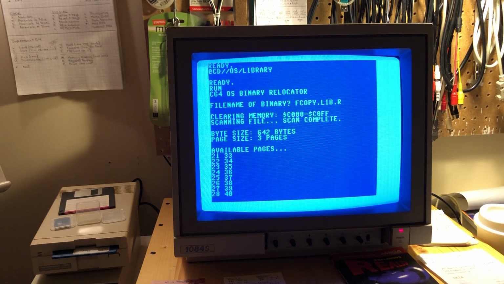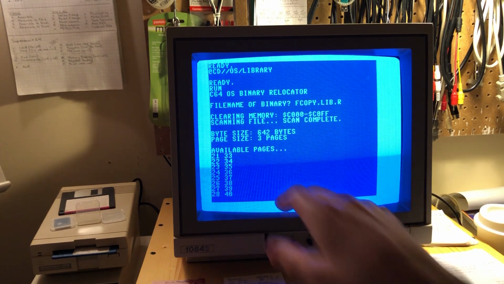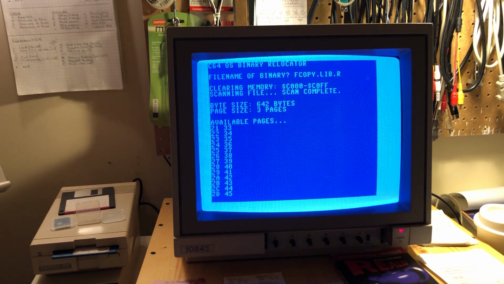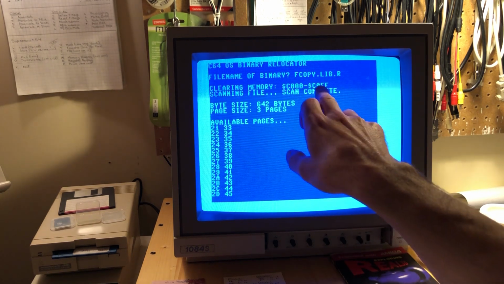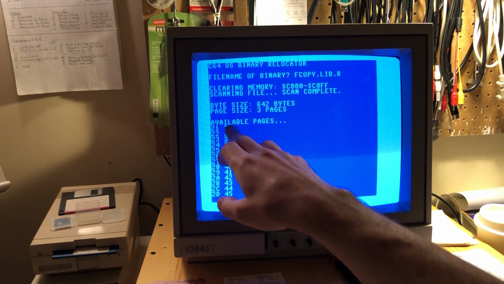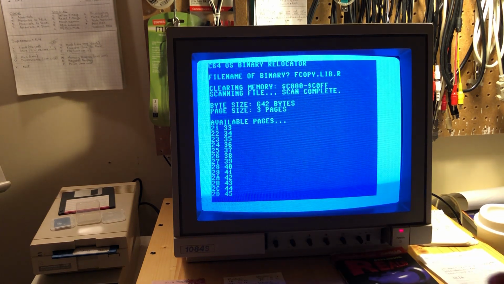Okay, so the scan is done. The library is 642 bytes, which means that's going to be a minimum of 3 pages. It'll be less than 3 pages, but it needs to relocate 3 pages. And then what it does is it uses the data that it read out of the file and filled into here to find 3 sequential pages